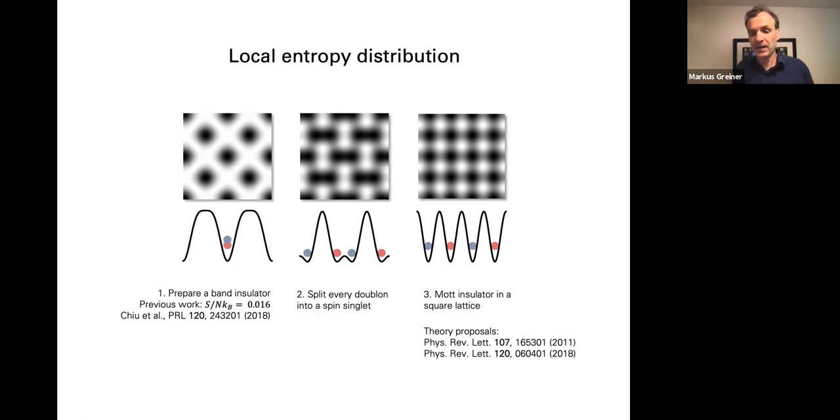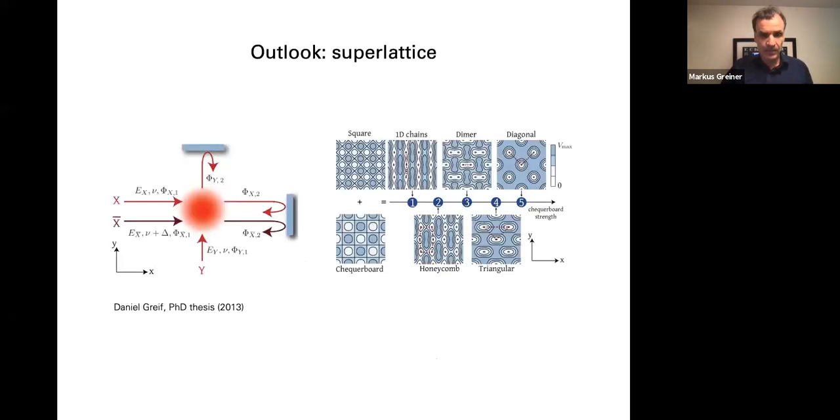And so we are currently making a major upgrade of the experiment where we implement a lot of techniques that we can use to try to get even colder and also to image spin and charge at the same time. One of the things we are currently implementing is what Thomas Esslinger's group already has in their potassium experiment. Daniel Greif, the previous postdoc, started that, and we are currently finishing this. It is an interfering lattice where we can make a lot of different lattice potentials, starting from an array of double wells, but also things like, for example, a honeycomb lattice or a triangular lattice